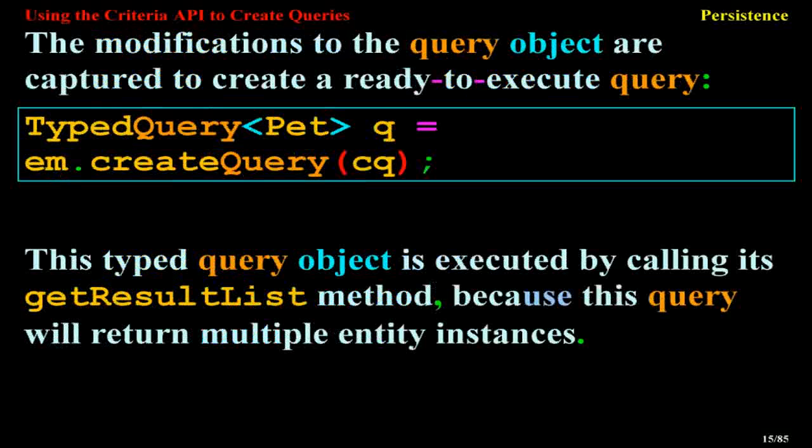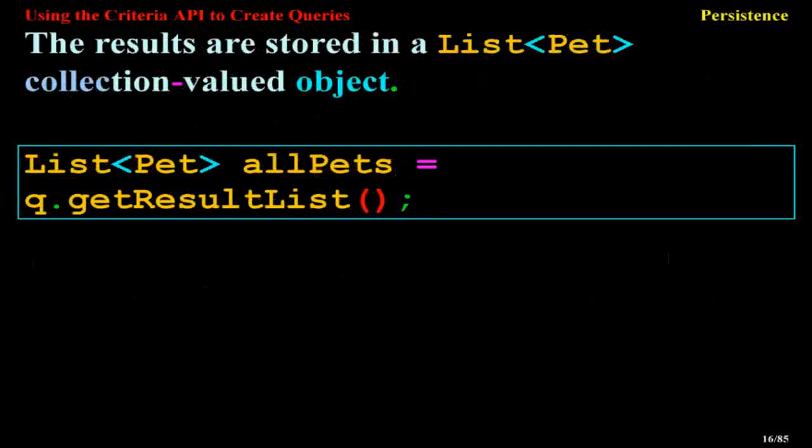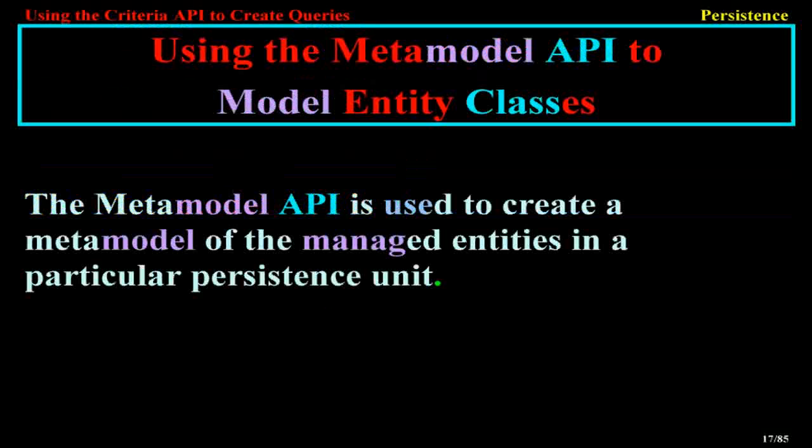The modifications to the query object are captured to create a ready-to-execute query. TypedQuery<Pet> q = m.createQuery(cq); This TypedQuery object is executed by calling its getResultList method, because this query will return multiple entity instances. The results are stored in a List. List<Pet> allPets = q.getResultList();